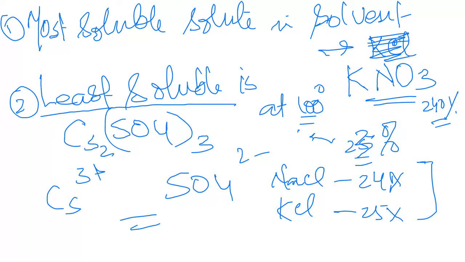Now, that is all about the solid. And now I'm talking about the gas. It is opposite to that of the solid. When the temperature increases, the solid solubility will increase. But in case of gases, oxygen, hydrogen, nitrogen, if you increase the temperature, the solubility decreases. If you decrease the temperature, the solubility increases.